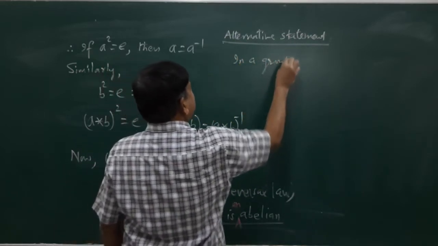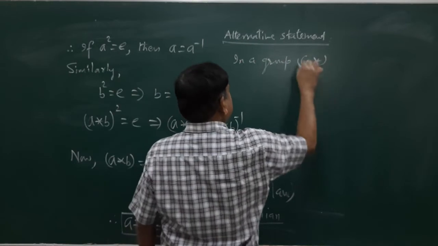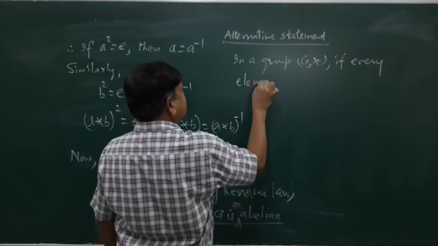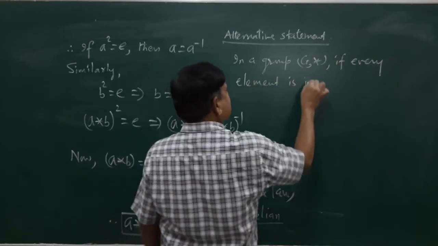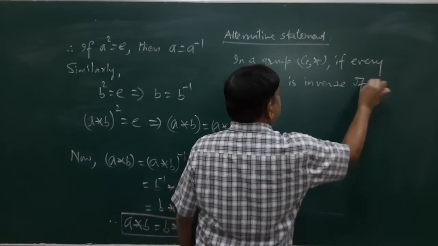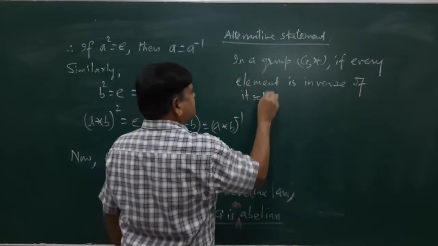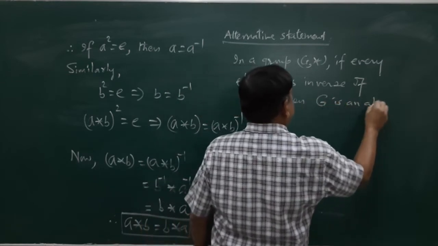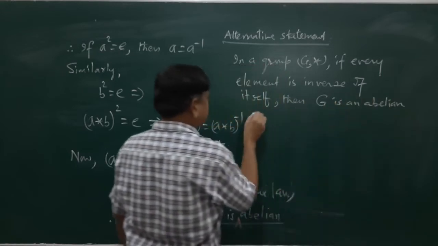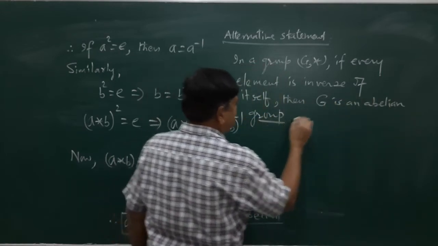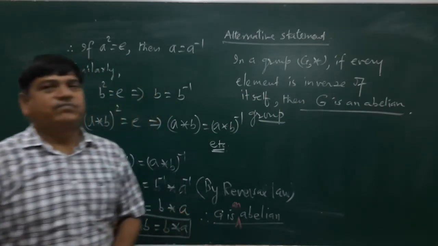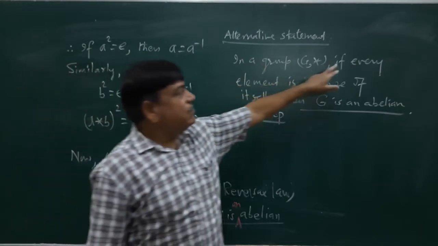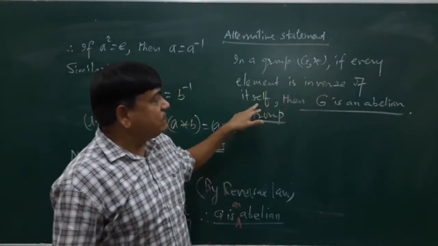In a group Z, if every element is inverse of itself, then Z is an abelian group. The alternative statement of this is, in a group Z, if every element is inverse of itself, then Z is